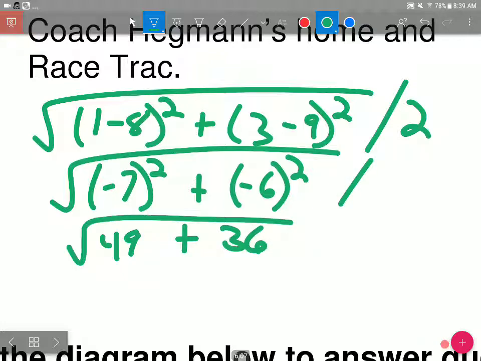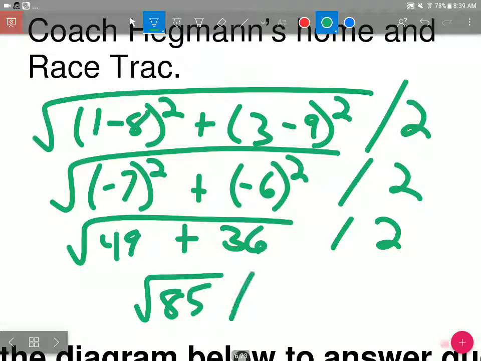Oh, forgot my divided by 2. 49 plus 36, that's what? 85? Divided by 2. Actually, let me pull up my calculator real quick. Check that, because I'm starting to go scatterbrained. Yep, 85. The square root of 85 is